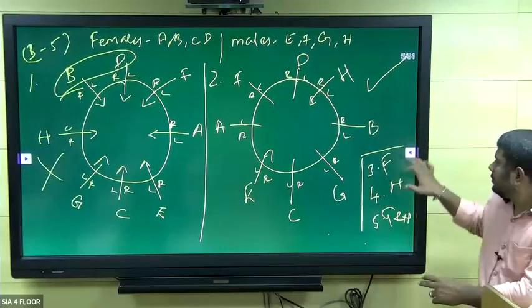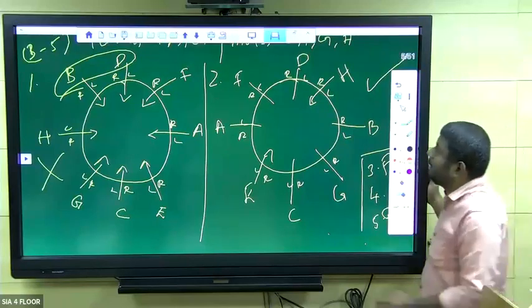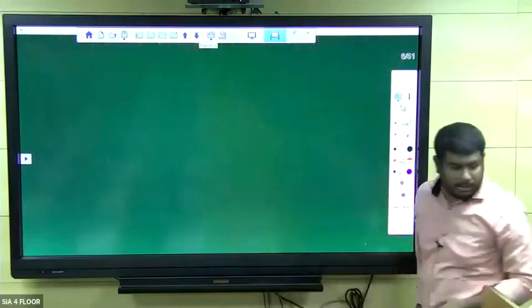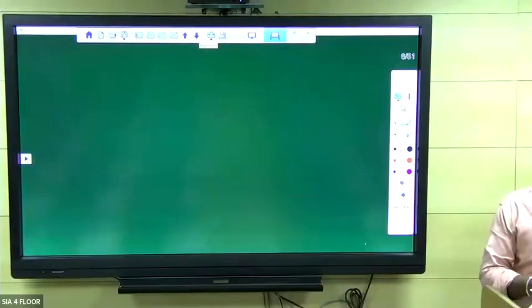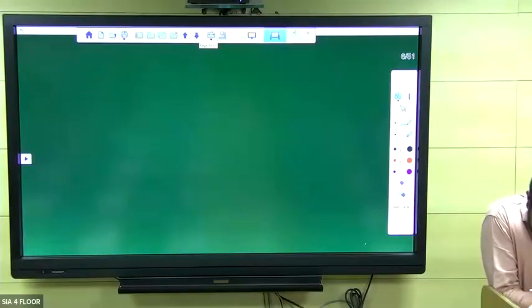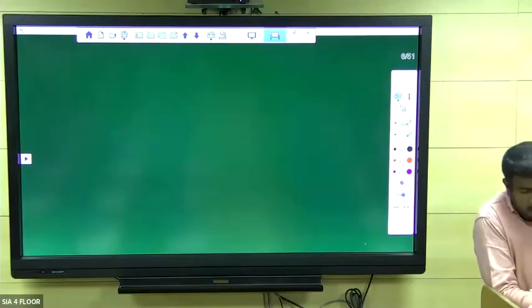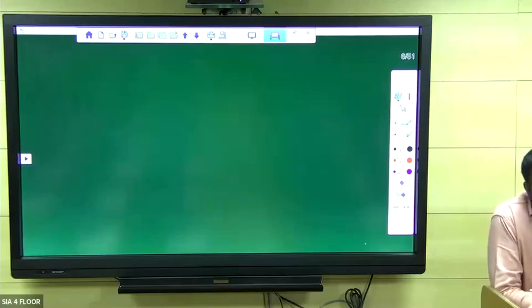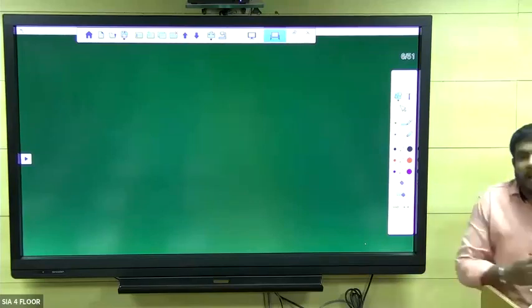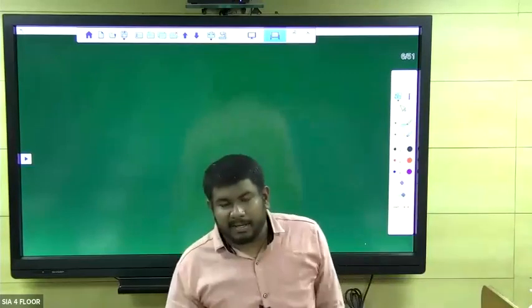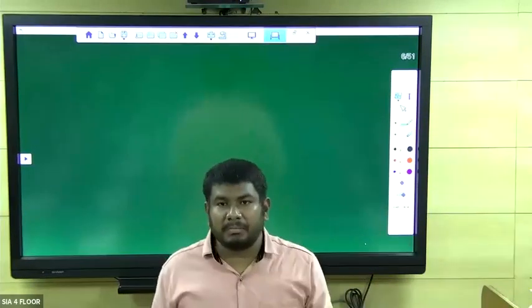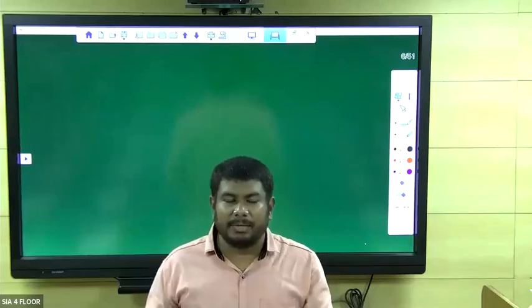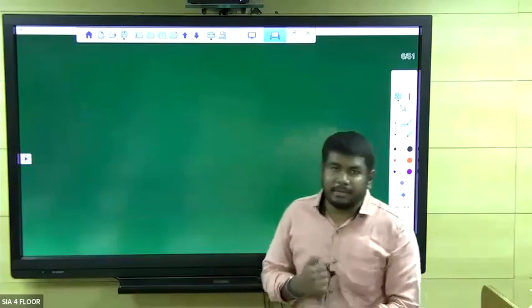Right. Now take the second one, the UPSC question. But sir, in the first one B and H can be interchanged. Actually, Varshini, B and H cannot be interchanged, because it is clearly given that H is to the right of B. So we have only two left-out places, so it cannot be interchanged. Okay, right?